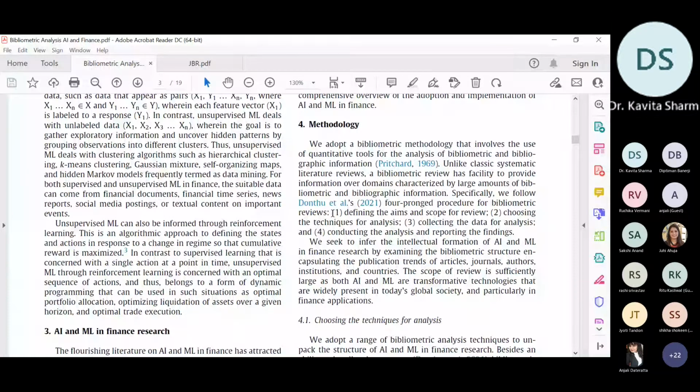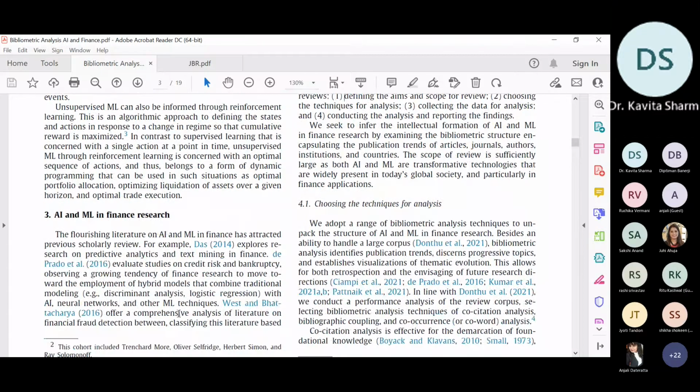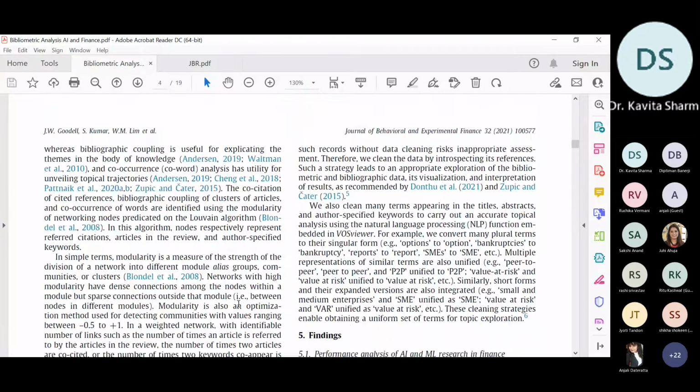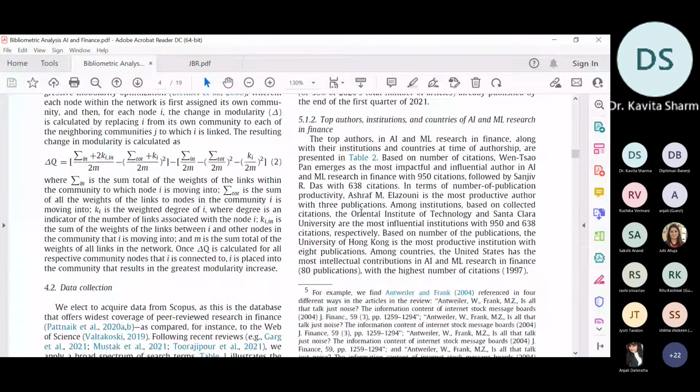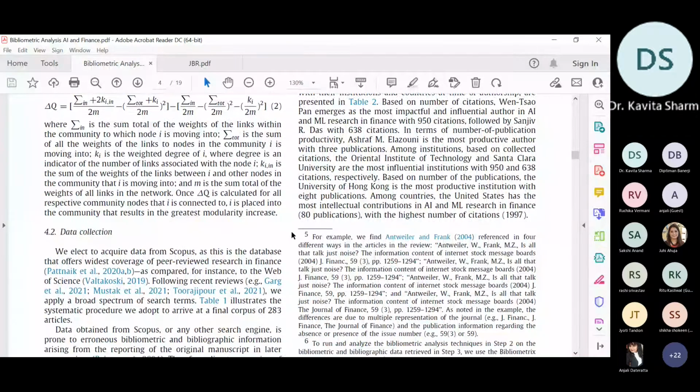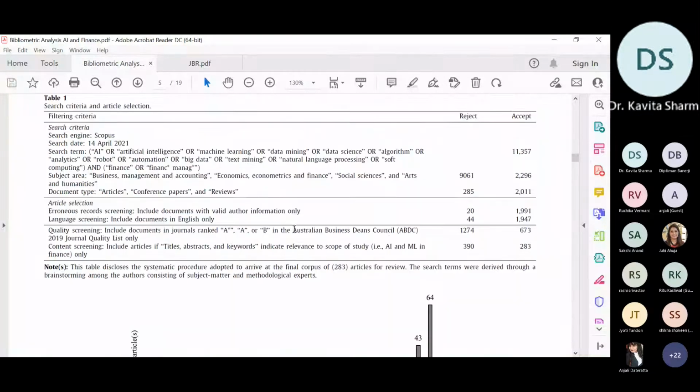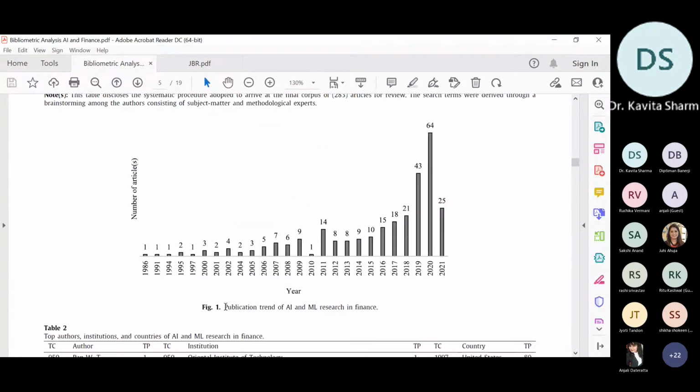I think here it has mentioned the objective: defining the aim and scope of the review, choosing techniques of analysis. Anyhow, this paper I will share with you all after this class, so you can work on that. There must be somewhere it has mentioned the research questions. So one question may be to understand the trend of publication in AI and ML in the area of finance.